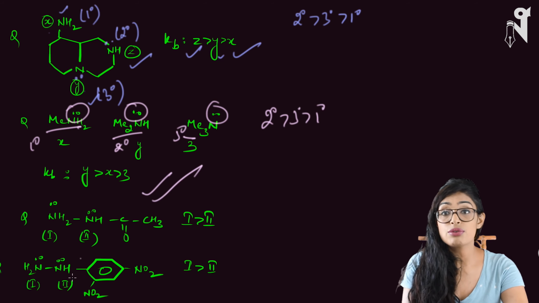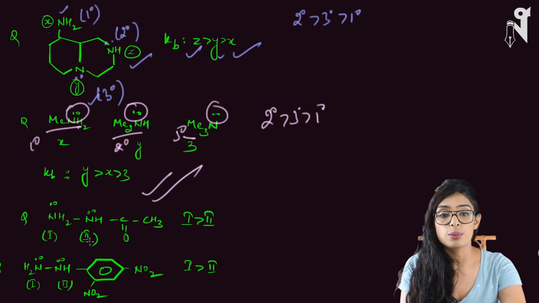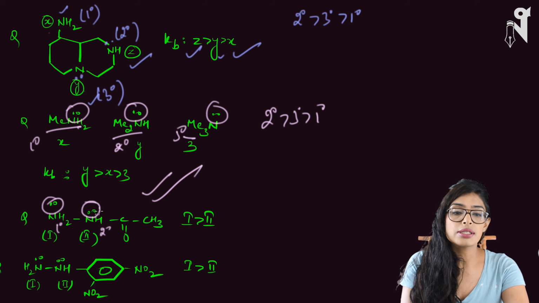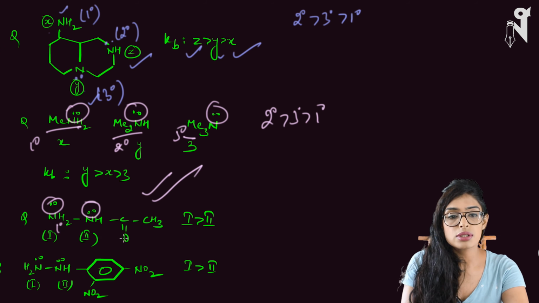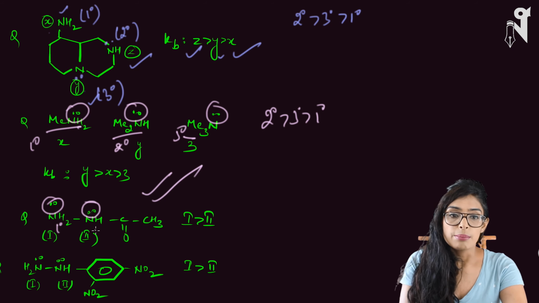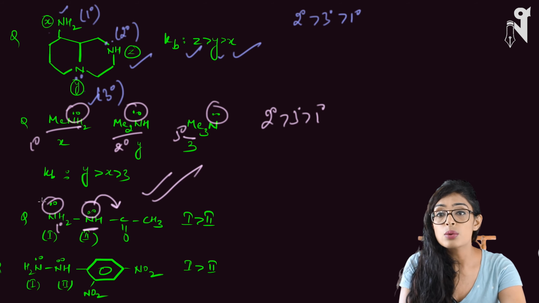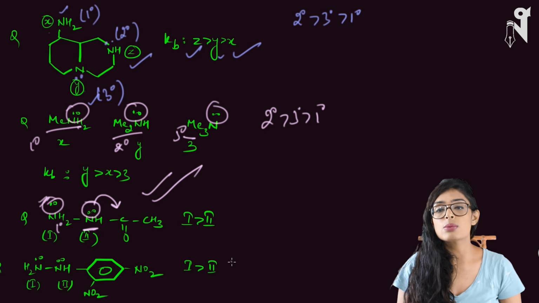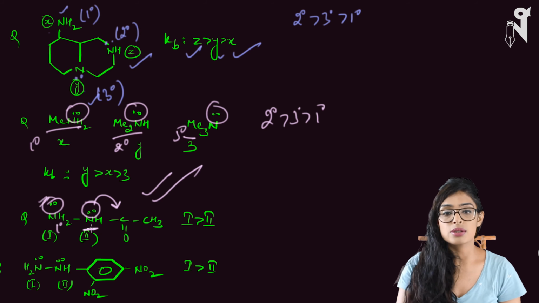We have 2 nitrogens here. We have to figure out the Kb of these 2 nitrogens, which one is more basic. Here there is a pair of electrons, and here there is a pair of electrons. Let's not call it primary or secondary, but just this nitrogen. Generally, if an R group is there, then we call it secondary, but we can't call it secondary here. This lone pair is delocalized because it will be participating in the resonance. This lone pair is not delocalized, it is the localized one. We don't have to go for the degree, by the way. We can simply see one is localized and one is delocalized. The localized one will be more basic, the delocalized one will be less basic. So automatically the first nitrogen is going to be more basic than the second one.